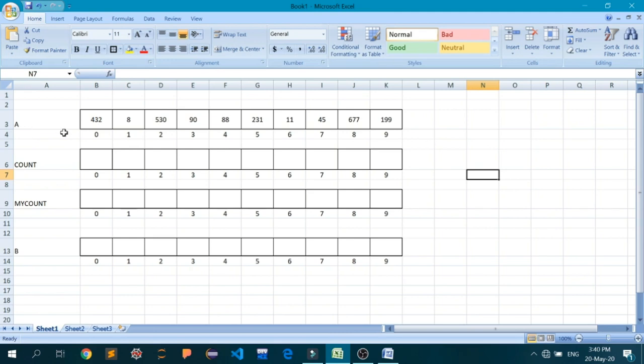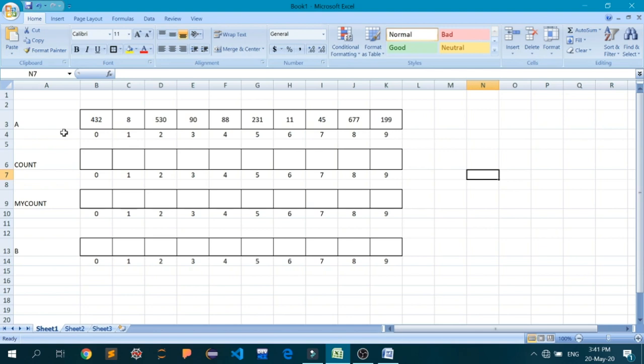If you haven't watched the video lecture for counting sort, I highly recommend that you go back to the last lecture, see the counting sort, understand it, and only after that look at radix sort itself. I think you won't be able to understand radix sort if you haven't understood what counting sort is. Okay, so let's start.